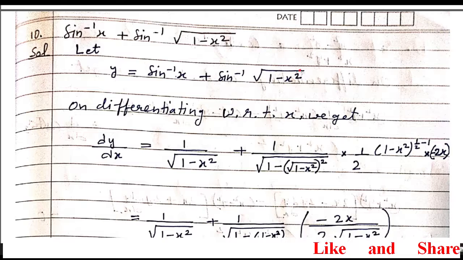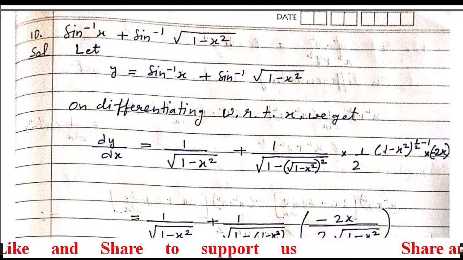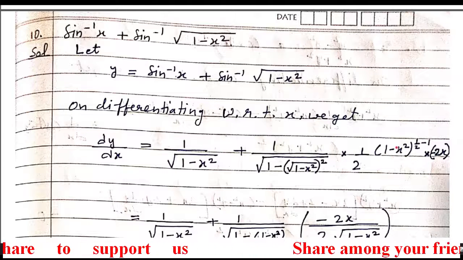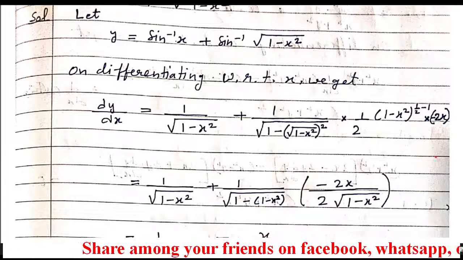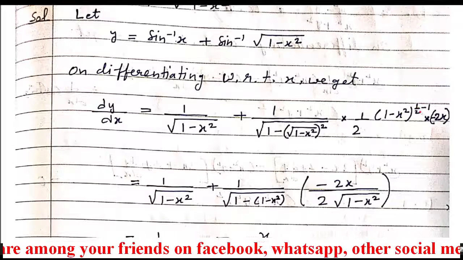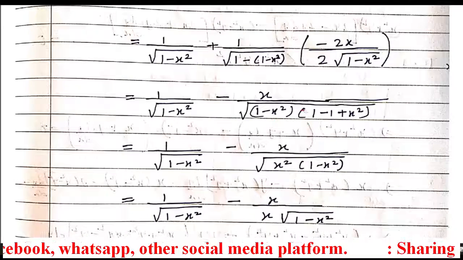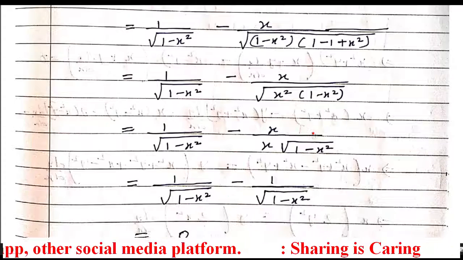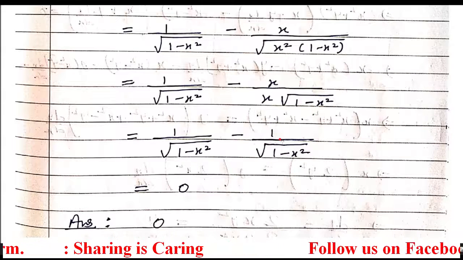When you differentiate with the help of x to the power n, it's going to be half x to the power half minus 1. So instead of x we have 1 minus x square. Again apply the chain rule to differentiate it again. That will give you minus 2x. And now when you subtract here, you will get minus half, that's why it came down. Then simple plus minus, open the bracket, and you will obtain this step. So like this the question is completed.